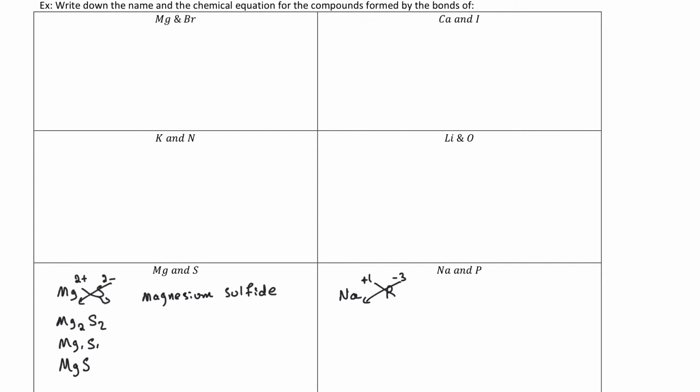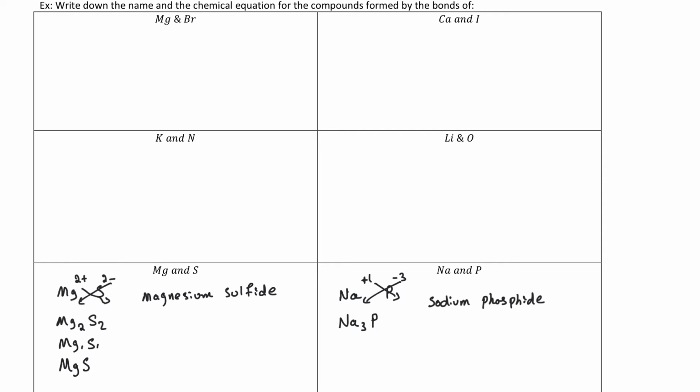And you do the same thing. You crisscross them, meaning that you will need 3 sodium ions to combine with the phosphorus. So we're going to have Na3P. And the name for this is just going to be the cation, which is sodium, and instead of phosphorus, I'm just going to write phosphide. And that's it. You can pause the video, try the rest of them, and then I will write the answers in